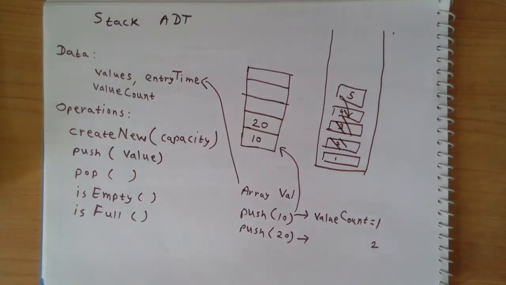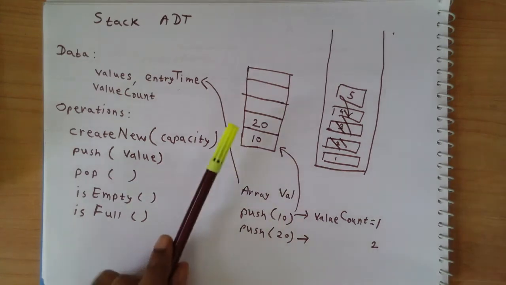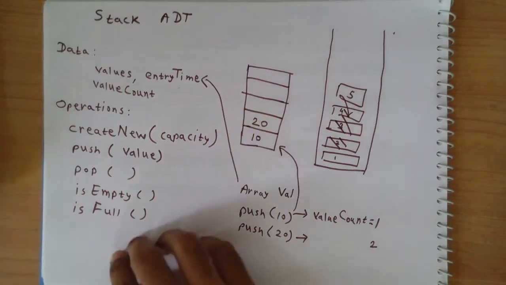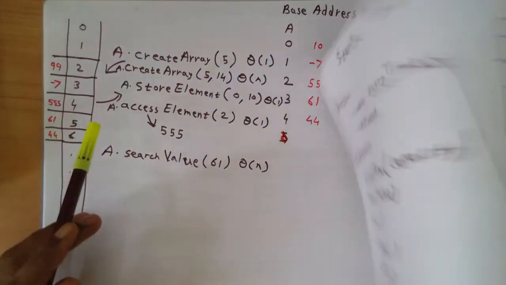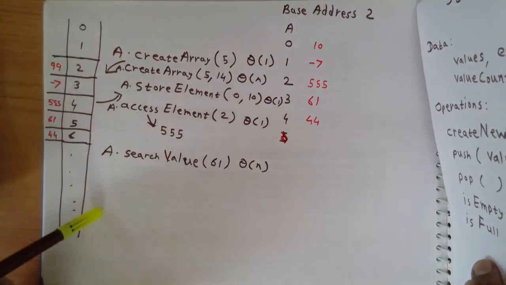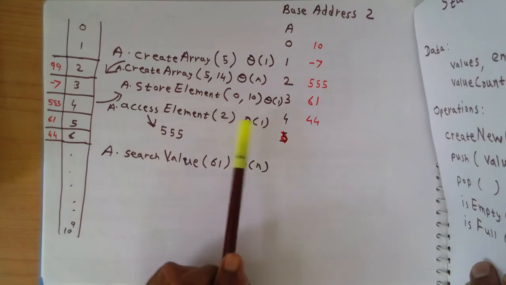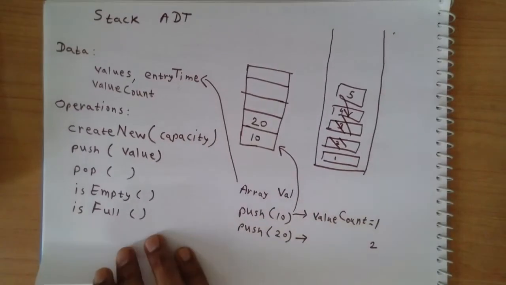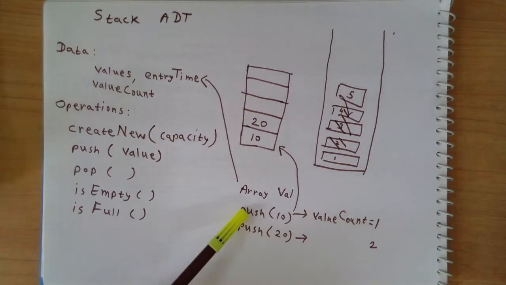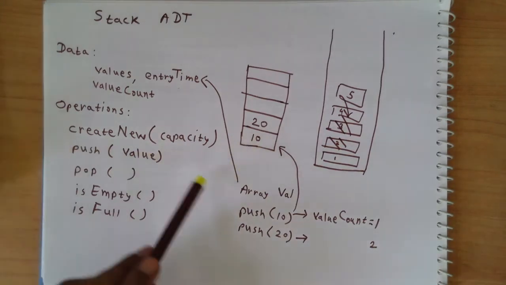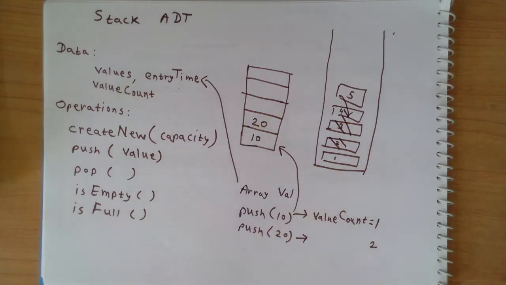So again, if you think about the time complexity of the push operation, locating a particular slot of the array takes constant amount of time, because we are assuming this particular implementation of the arrays. Okay, so I can go and access a particular element or store at a particular element in constant amount of time. Because I can do that, my push works in constant amount of time, because I have to increase the value count and then I have to store an element. Okay, so the way push operation works is you go and store it at a particular location in your array.